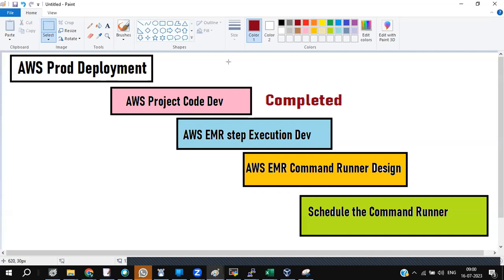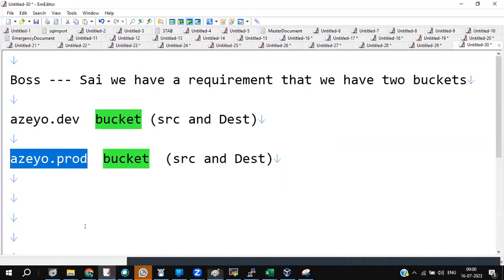What is a command runner script? Before command runner, that is closely associated with a step execution. Now, what I told to my boss,